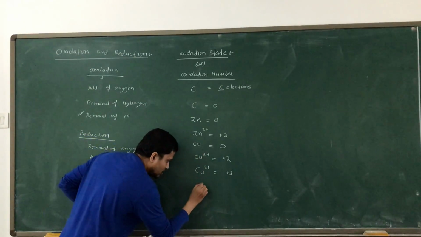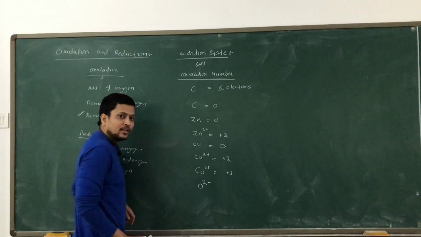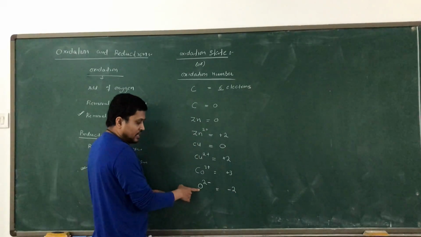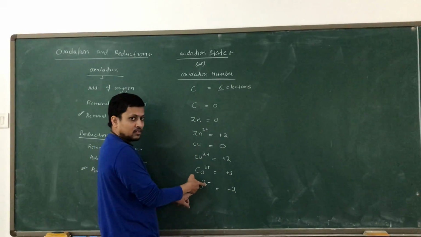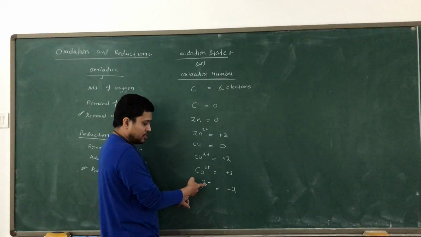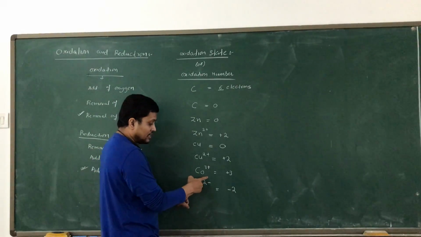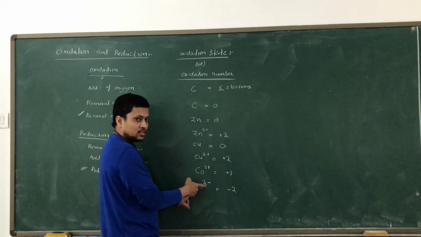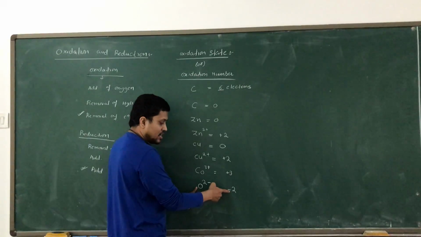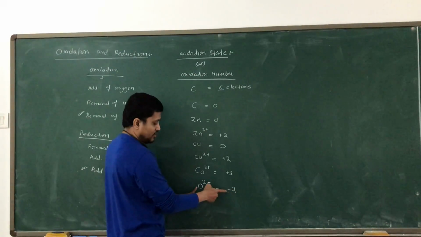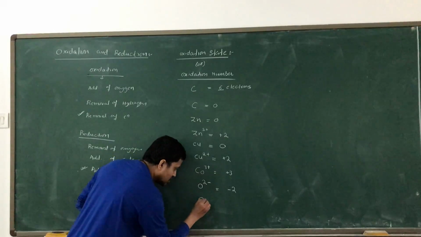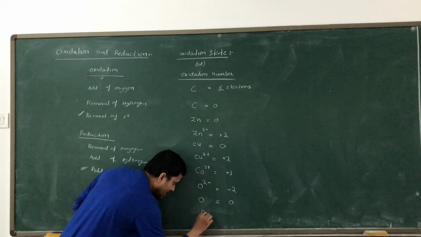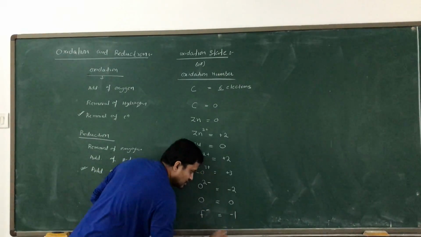Suppose I have oxygen, O2 minus. If you see that, it means the oxidation state of oxygen is minus 2. Oxygen has 8 electrons, and now we are putting 2 minus on it. That is nothing but addition: it has taken 2 electrons already, so oxygen has 2 extra electrons, which is mentioned by minus 2. This is the oxidation state of oxygen. If you see only oxygen without any charge, that means 0 oxidation state. In the same way, if I have fluorine with 1 minus, the oxidation state of fluorine is minus 1.